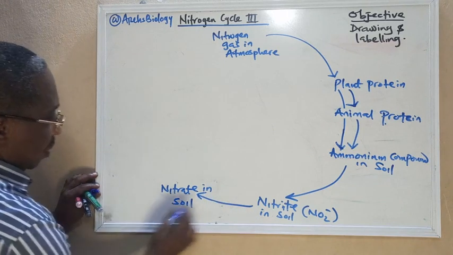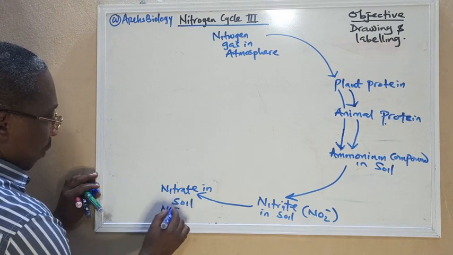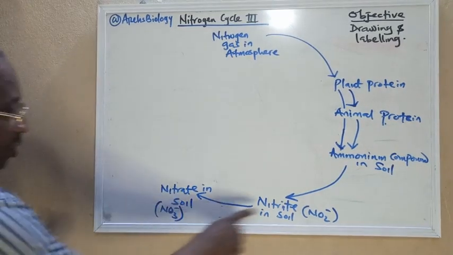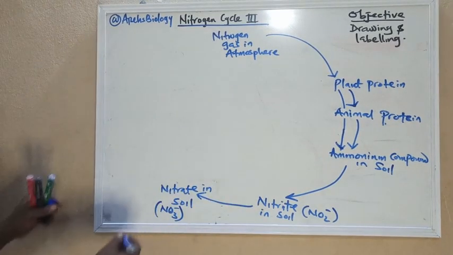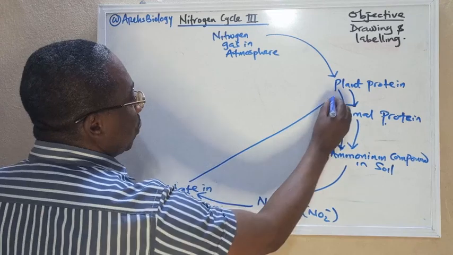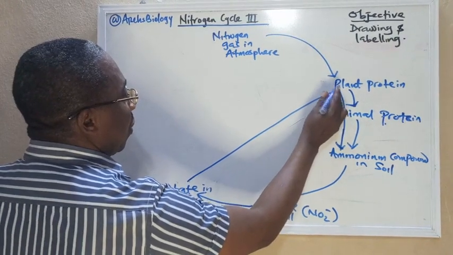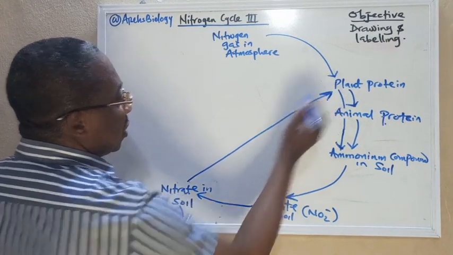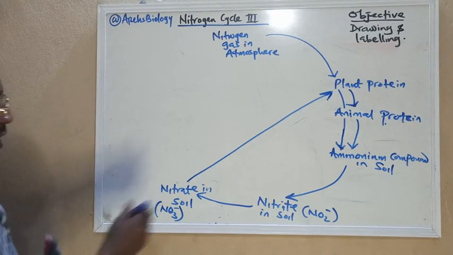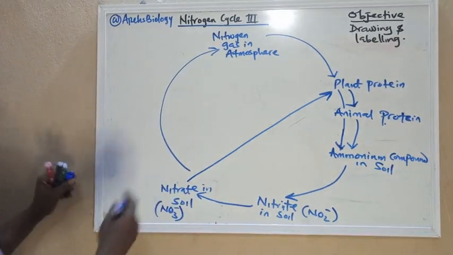Let's put it under here. NO3 minus, okay? For those of you that have some small knowledge of chemistry. Now, nitrate is not the same thing as nitrite. It is this nitrate that serves as the inorganic fertilizer that is usually absorbed by plants. So you see this arrow going here like this. Plants will now absorb it from the soil as the inorganic fertilizer. Then when that takes place, the nitrate can now be returned back into the atmosphere by what is known as